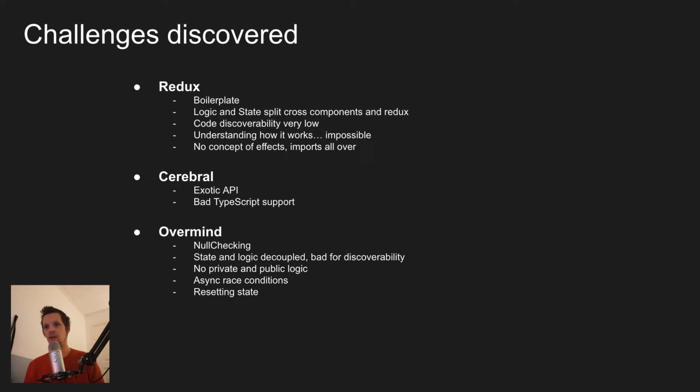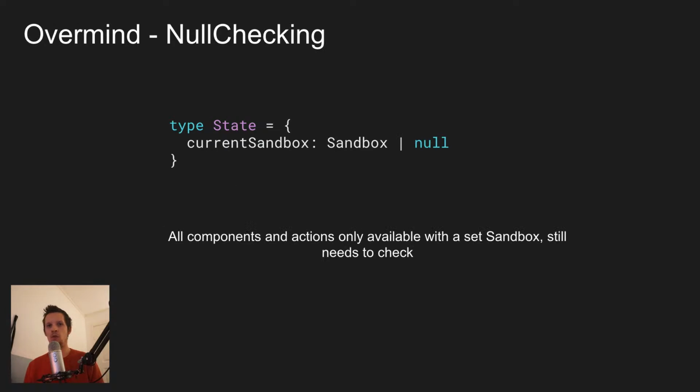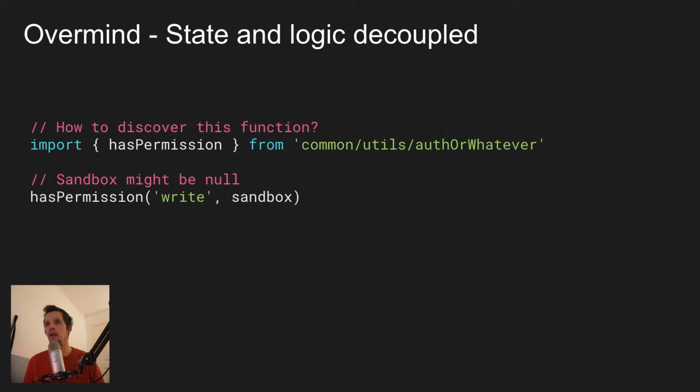So maybe I'm over explaining all of this, but this is what I meant about null checking. So what we have is current sandbox, it might be there or it might not be there. And as I said, we have to check this all over. And it doesn't feel right. And you have all these checks that are only there to please the typing. Yeah, so we have all the state and the logic